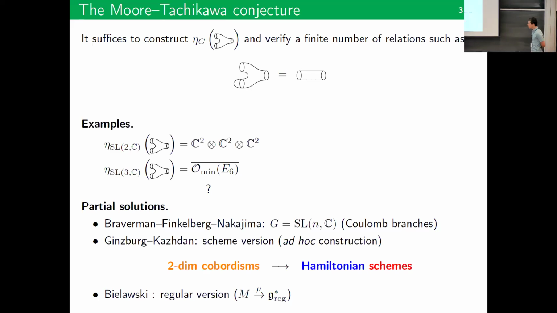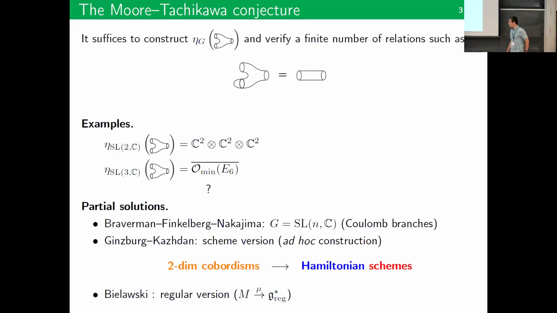Then there's another construction by Ginzburg and Kazhdan, which is a bit more ad hoc, but they construct these as schemes. So as I said, these are affine varieties. They should be affine varieties, but it turns out it's easier to describe them as schemes. So it's just the Spec of an algebra. And if you can show that this algebra is finitely generated, then you prove the full conjecture. So it reduces the problem to some